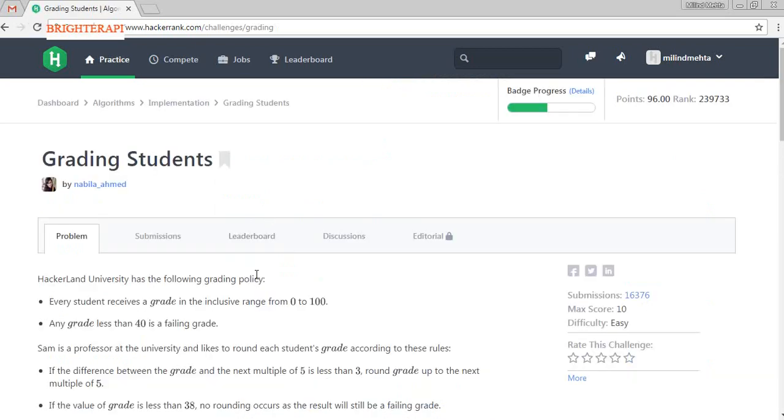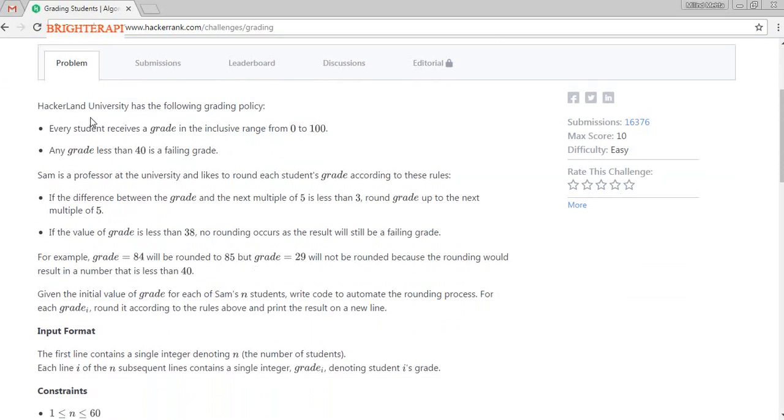The problem says there is a Hackerland University, and the university has some policy. Every student's grade is between 0 and 100. A grade less than 40 is officially a fail. The professor likes to round each student's grade according to three rules.